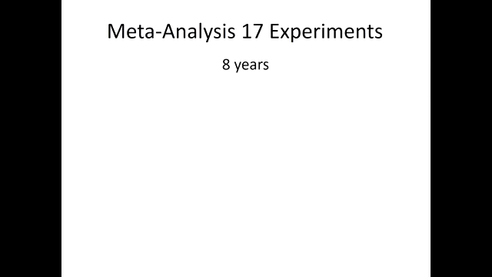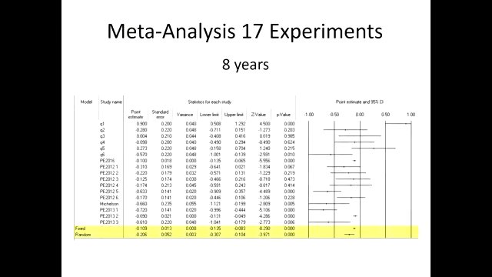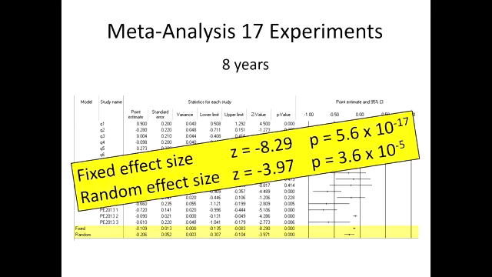So we've done 17 experiments of this type, 16 of them using a double-slit system, over 8 years. And you can put this into meta-analytic software, and the bottom line is this. Depending on whether you use a fixed effect size or a random effect size, somewhere between around 4 to 8 sigma effects. So it looks pretty robust. And all of this is still predicated on the idea that we're expecting a drop in double-slit power. So in the case of 2014 on the online system, actually the results went in the other direction. So I'm not taking into account variance effects. This is simply a mean shift. And in mean shift terms, it's still 4 to 8 sigma.